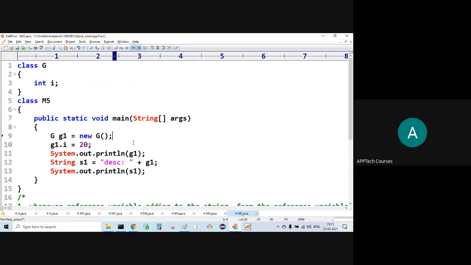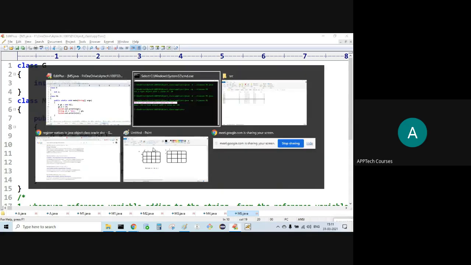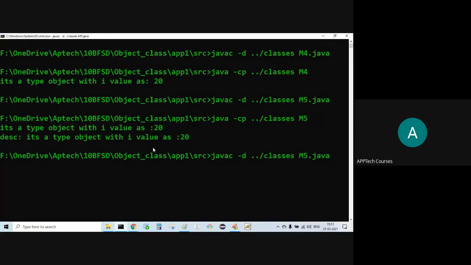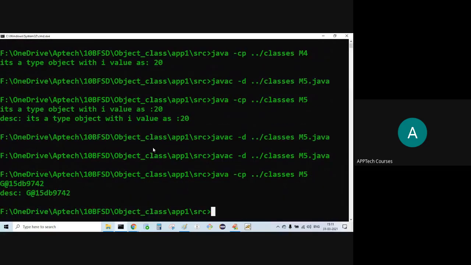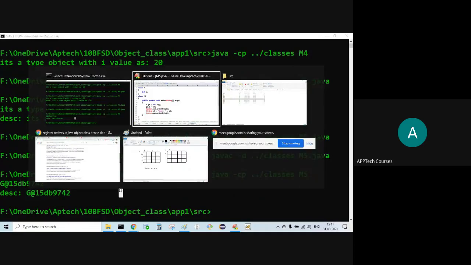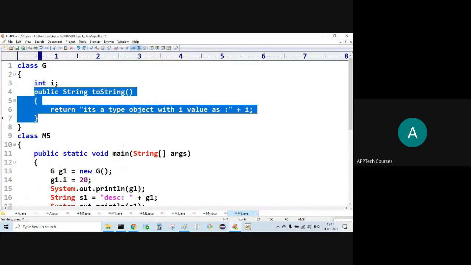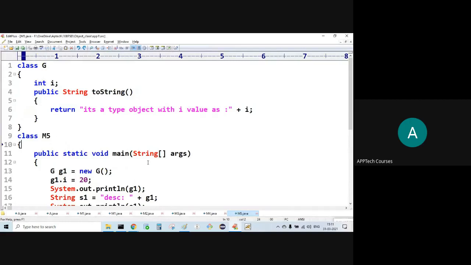You get the class name colon some hash code. So now I have overridden the toString method. Whenever you use the reference, it is going to invoke the toString method.